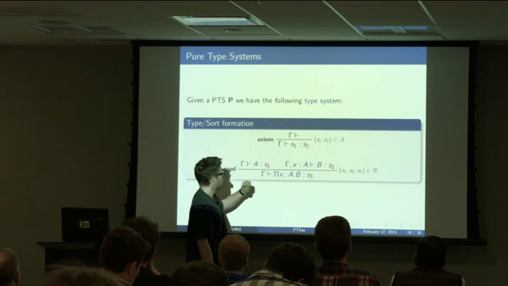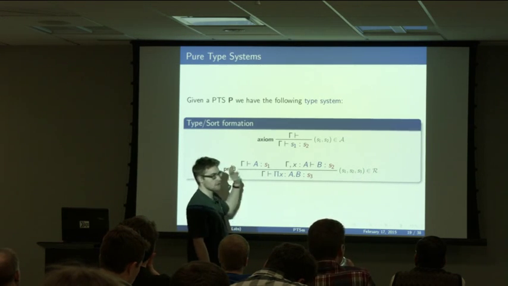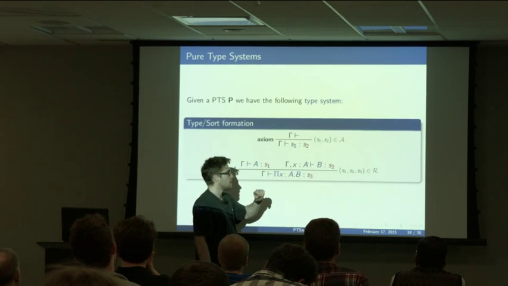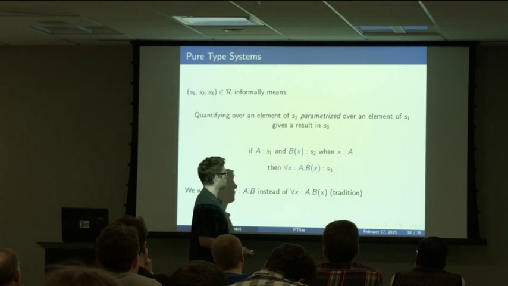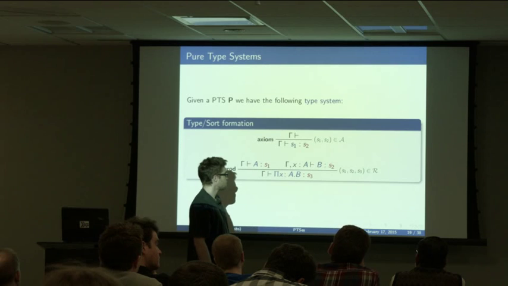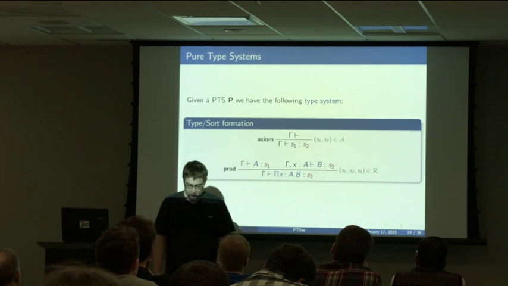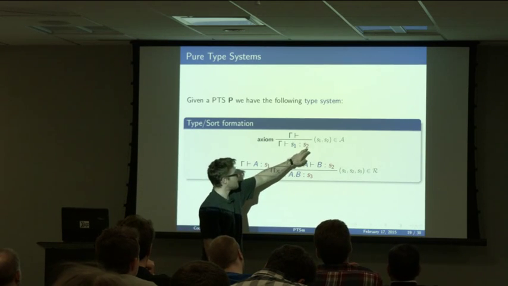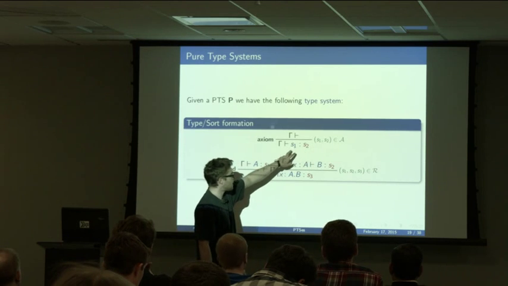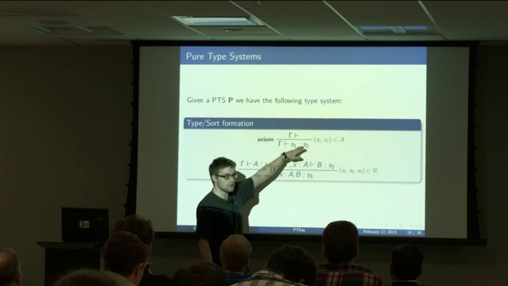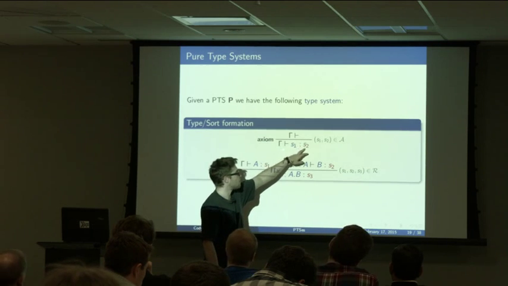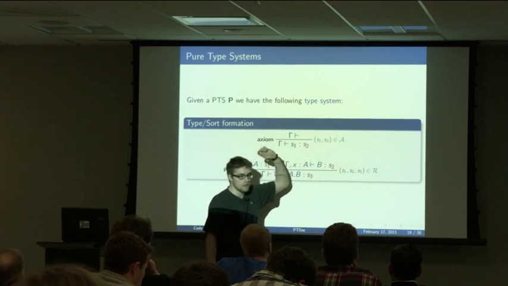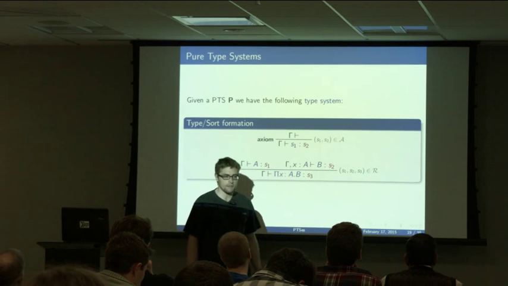Basically, axiom here, and forget about this. Oh, yes, the turnstile. Everything to the left of the turnstile is an assumption. Okay, so for example, here I assume that X is type A, and I conclude that B is type S2, which is exactly what I wrote here. So the idea is, I said if I had an axiom, then that meant S1 was sort of in the category S2, or of the species described by S2. And I just turned that into a type rule, which just says, well, if S1, S2 is an axiom, then S1 is of type S2. Okay? Unsurprising.